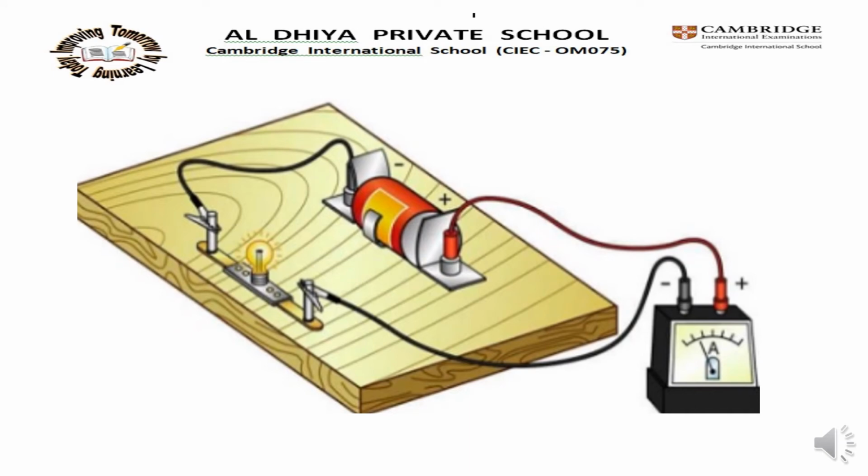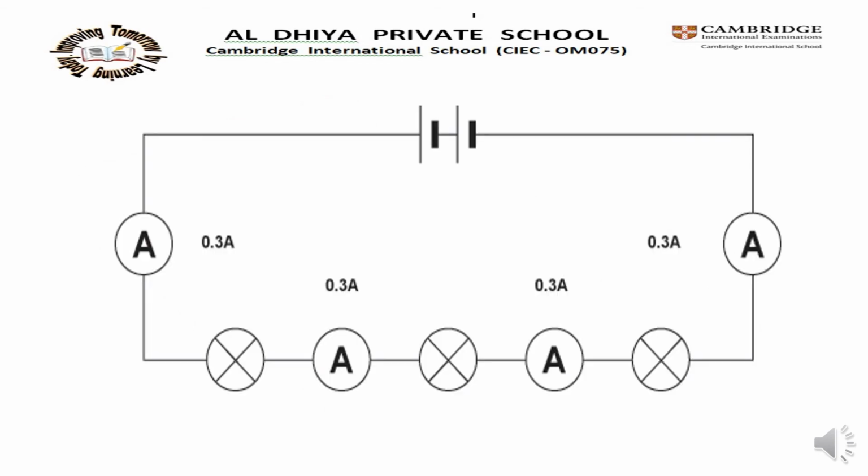This image is to connect an ammeter in a circuit. How is it connected? Its positive or the red terminal is connected to a wire that leads towards the positive terminal of the cell or battery or the power bank. Hi children, this is a series circuit. When an ammeter is to be used to measure the current flowing through a series circuit, the ammeter is placed like this. Look at the picture.